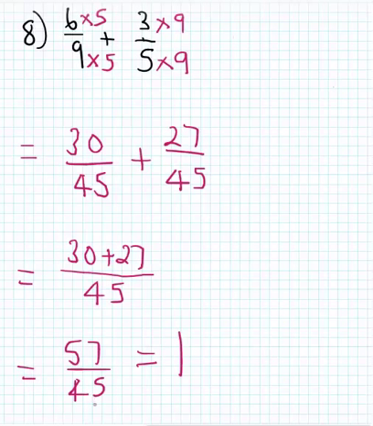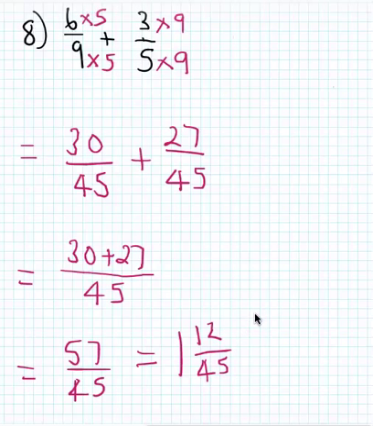Remainder, well, what's the difference between 45 and 57? So we got 5 to 50, 5 plus 7 leaves us with 7, 8, 9, 10, 11, 12. So the leftover is 12, and we keep the same denominator, over 45. Now just check, can we simplify 12 and 45? No, we can't. They're not even numbers,